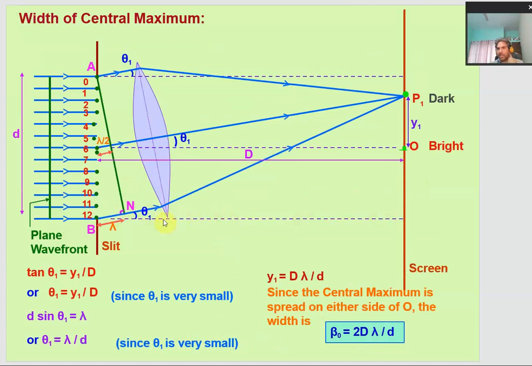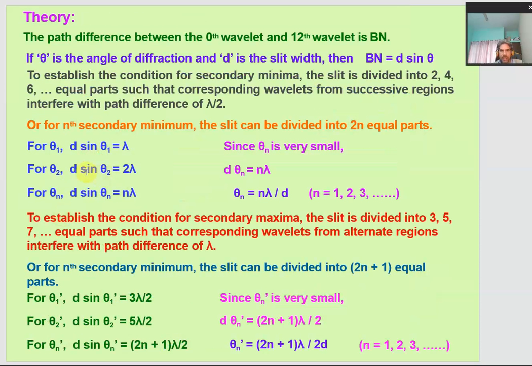this angle theta 1, or theta n in general, remains quite small. So that means these values sin theta 1, sin theta 2, or in general sin theta n, are very nearly equal to theta n. So therefore from here we get d theta n is equal to n times lambda, and from there